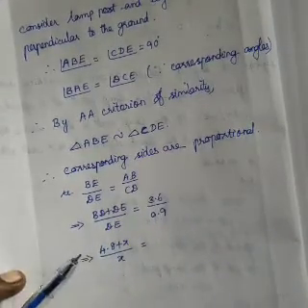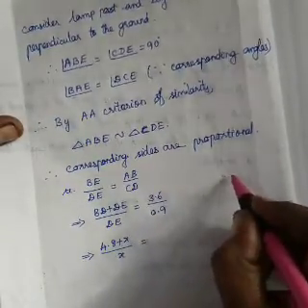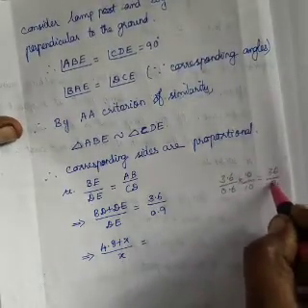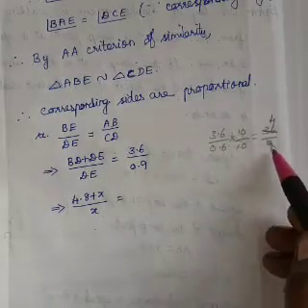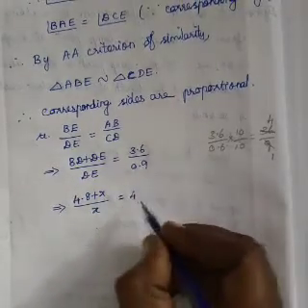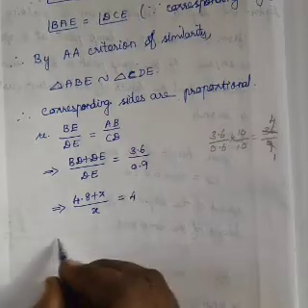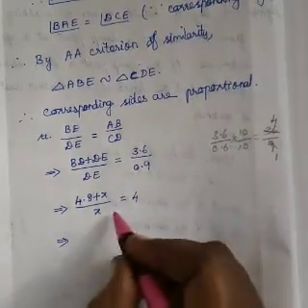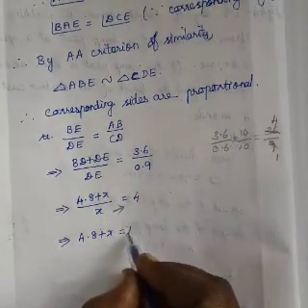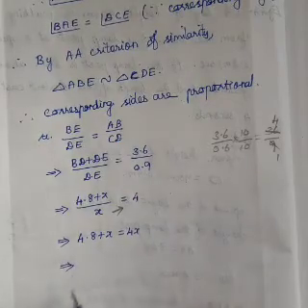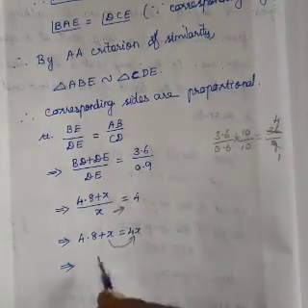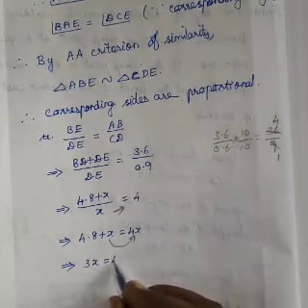You can multiply by 10 in both numerator and denominator. So you will get 36 divided by 9. Cancelling using 9 table, 1 9 is 9, 4 9s are 36. So 4 divided by 1, that is equal to 4. From this we can find the x value by cross multiplying. You will get 4.8 plus x is equal to 4x. Take all the x terms to the same side and the number to the other side. So this plus x will go to 4x and change as 4x minus x, that is 3x equal to 4.8.